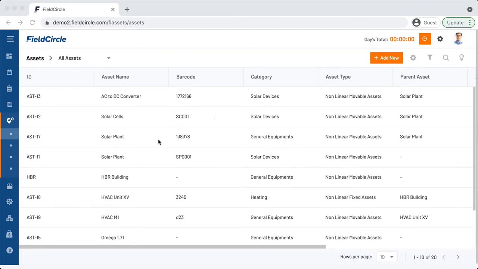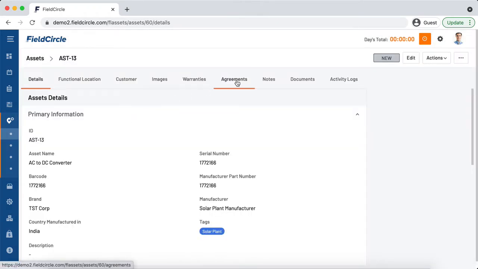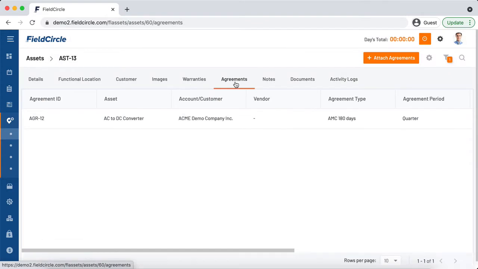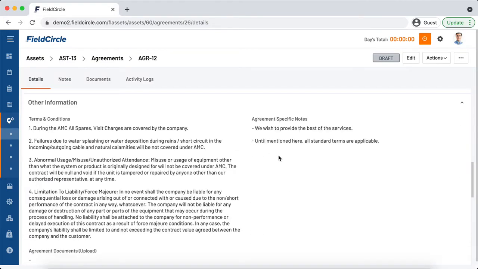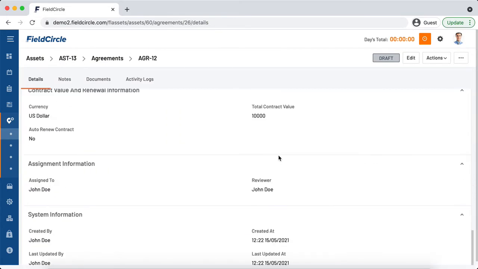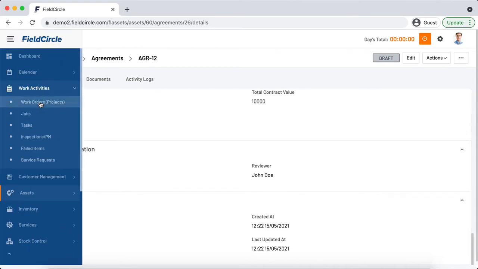So the very first thing, of course, as you may have seen, we have assets, and all the assets might have agreements attached to them. So for this asset, this is the agreement that is attached. It has all the specifics. Okay. Now let's say you want to create a new work order,